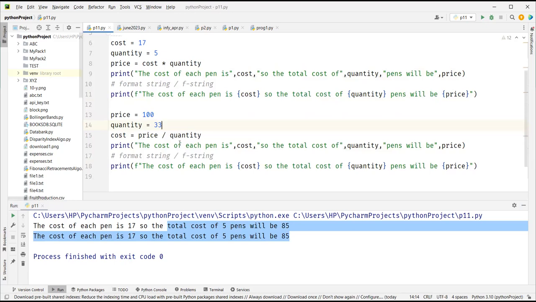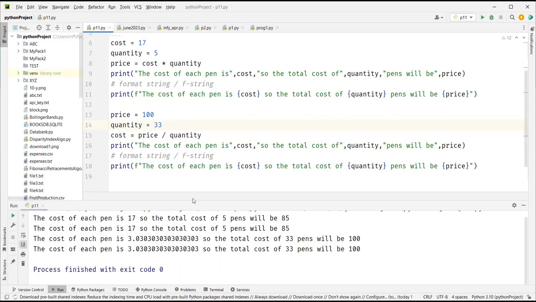Now, in this case, if I print it here, see, what do you see? 3.03030303, right? Now, if you are using price, for us two digits is enough. I don't have to have 10, 15 units, correct? So this can also be formatted. So you can say here, cost, colon. Now, remember here,